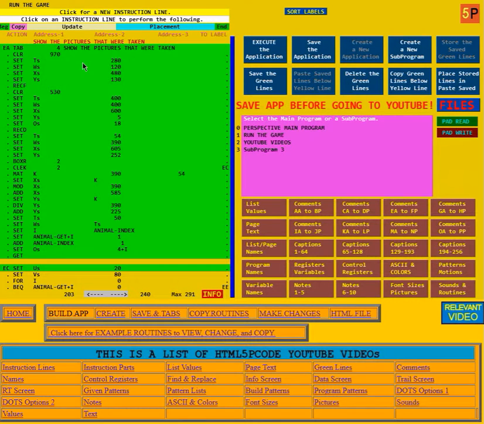This is the video for routine 104 of the perspective game. First, it sets the color to 970, tall wide to 281.20, the X and Y positions to 481.30, and does a rectangle fill. What it's doing is when the pictures of the trees are made, some of them are outside